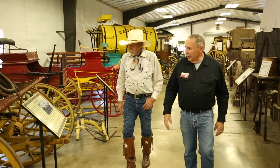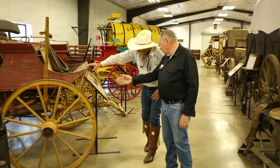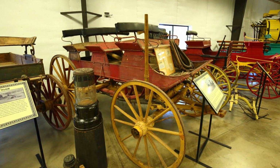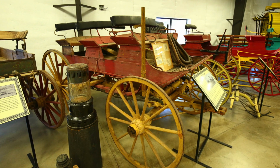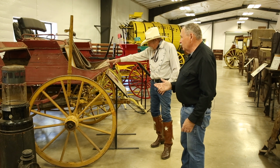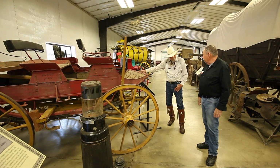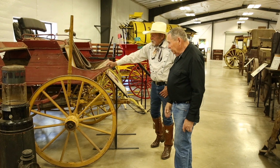So we have a couple of different ones here. Okay, this one here is kind of interesting. This is also a stage. See the thoroughbrace on it. Now this one, okay. All these wagons here, they're delivery wagons of some sort. They all have drop tailgates on them, like on a pickup. Okay, so, but on this one,